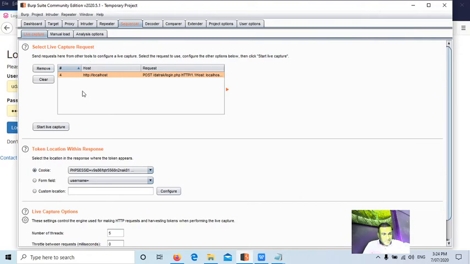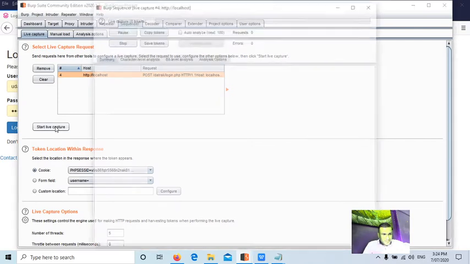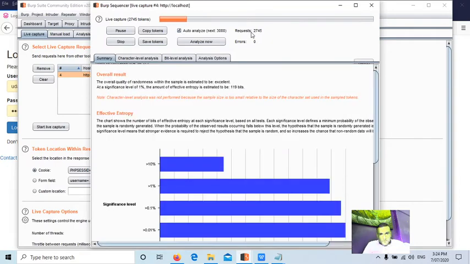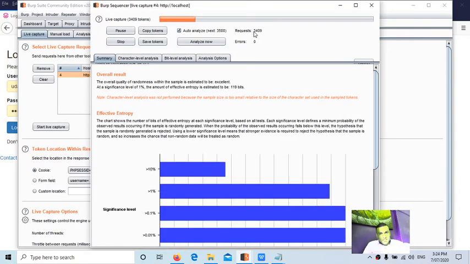Now we go to the Sequencer tab and click the start live capture button, because it has already identified the session ID here. Then I'll click on auto analyze. Within just 10 seconds, it has sent 3000 requests and created 3000 plus. Oh, one second guys, there is some error here. I have to see whether it's still recording.